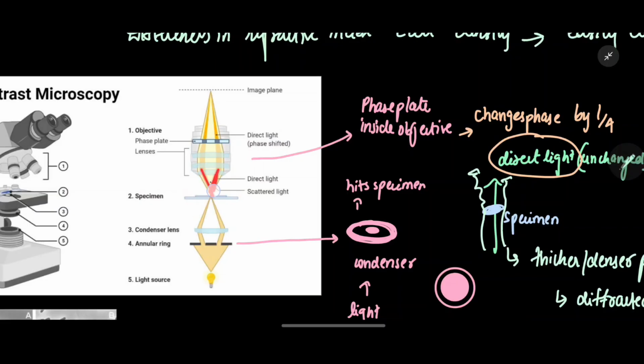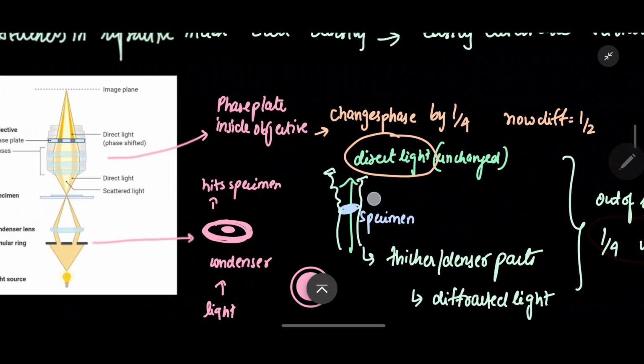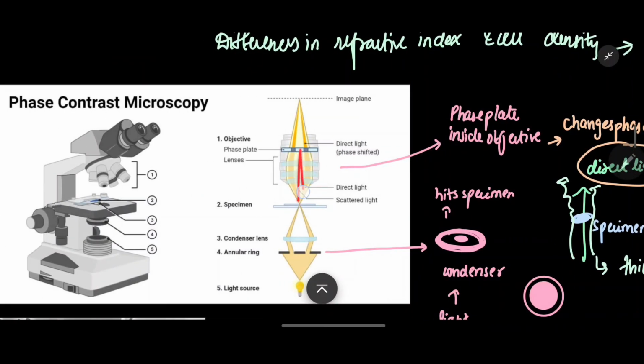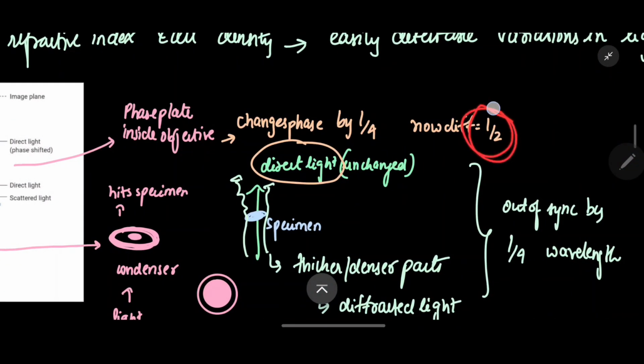Now because of this phase shift, the diffracted light will be slightly delayed, and the difference between these wavelengths will be some 1/4. The direct light is just going to go normally. Now there's going to be a face plate in your objective. This plate is located at the back of your objective lens, and it has a special ring too. This will only cause the direct light to change its wavelength, and then in the end both the diffracted light and the direct light are going to meet, and because of the difference in wavelength, which is 1/2 now,